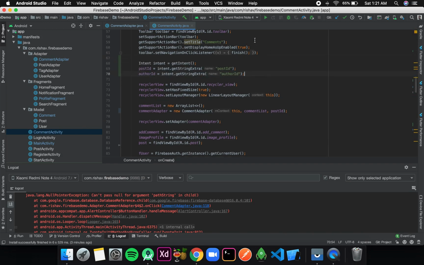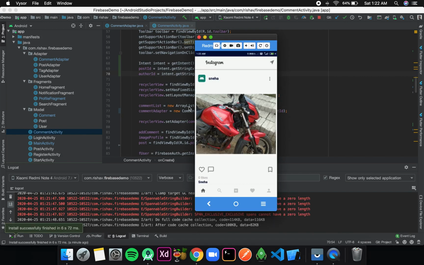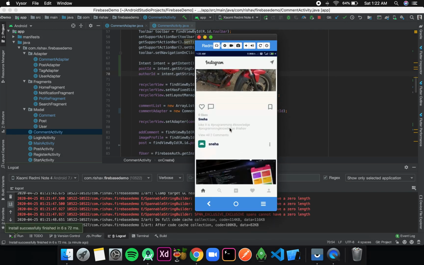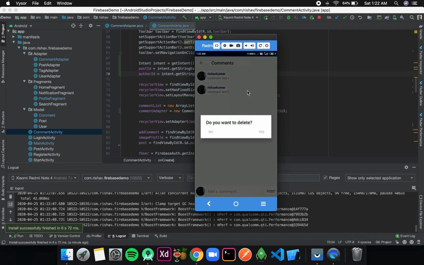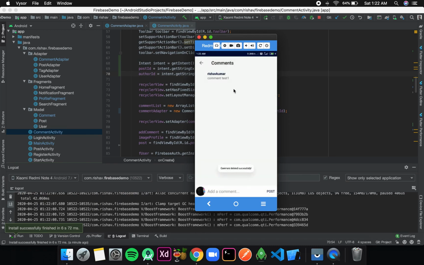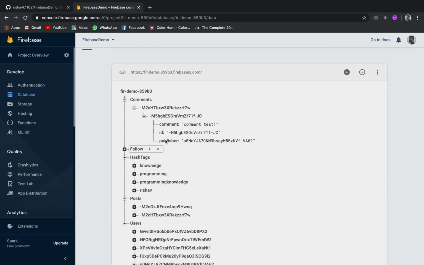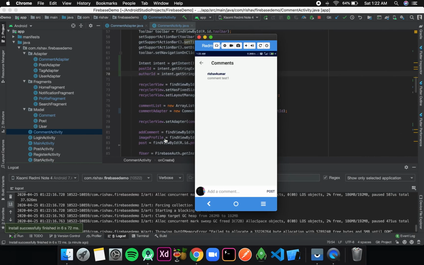Now let's try running it again. Once the application starts running, if you go in the comments and long click, you get the alert dialog saying do you want to delete, and if you click on yes, the comment gets deleted from the database also.